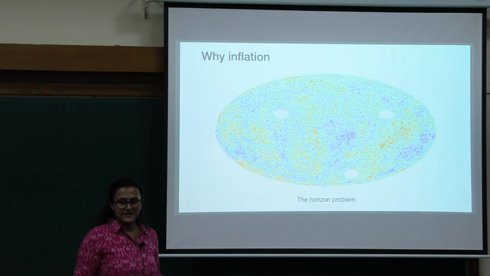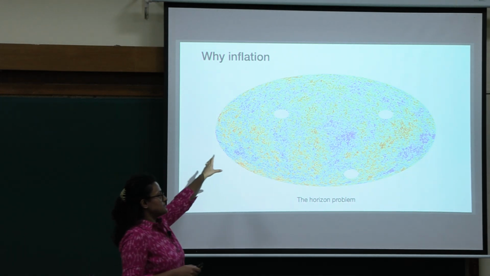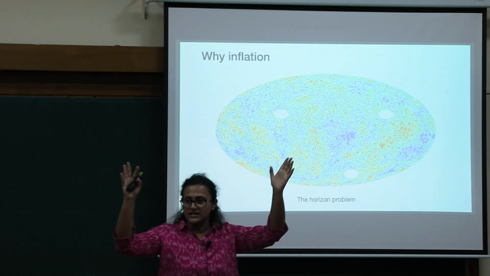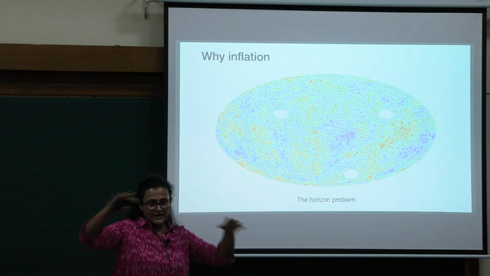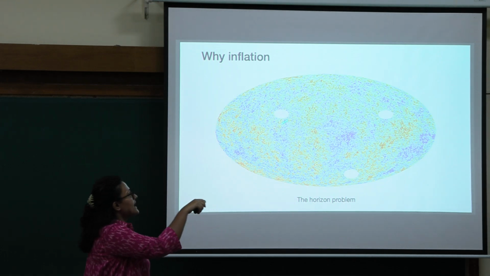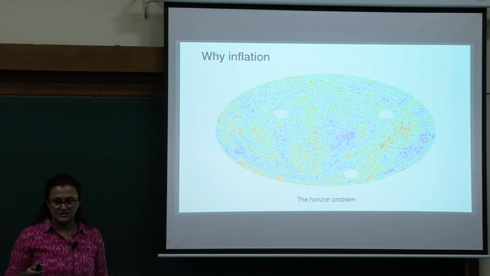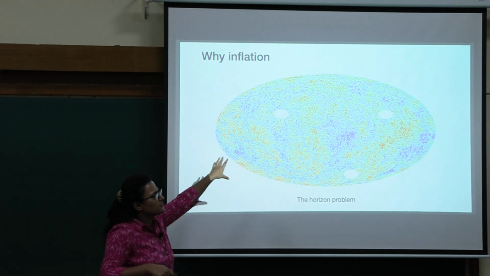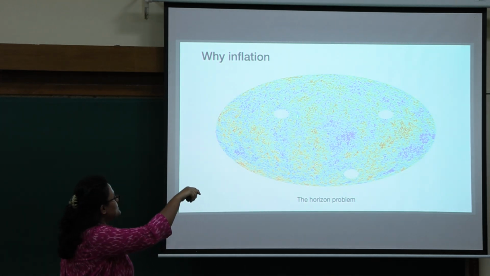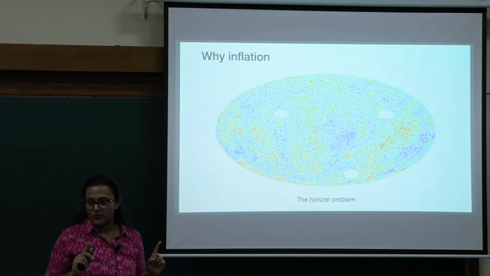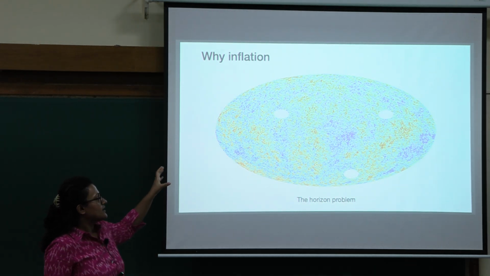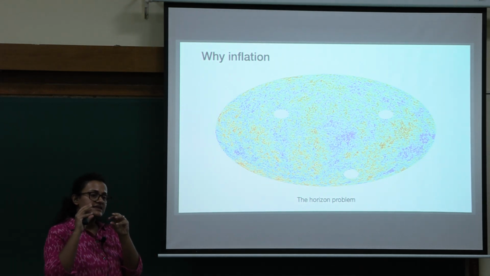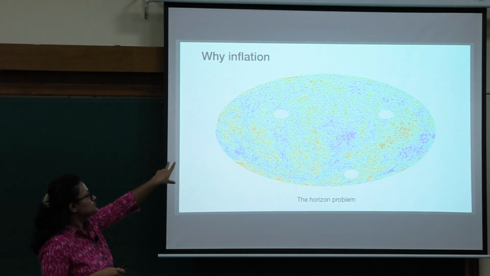But it cannot explain why the temperature between two antipodal points in the CMB, the cosmic microwave background, the 2D projection of the cosmic microwave background of the sky, is the same. So why do the antipodal points have the same temperature? Just to explain that, suppose these 2 points are white, can you see that? Okay, so these 2 white points are 2 antipodal points. So if we consider when this CMB was created, at the time of decoupling, and if we